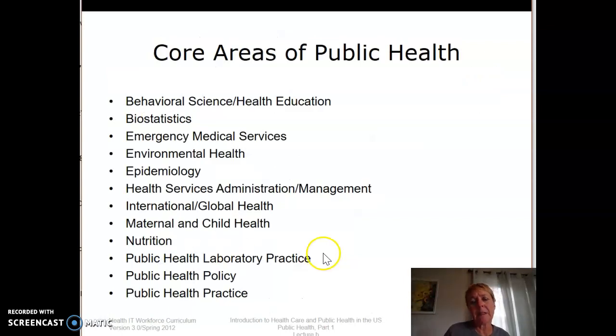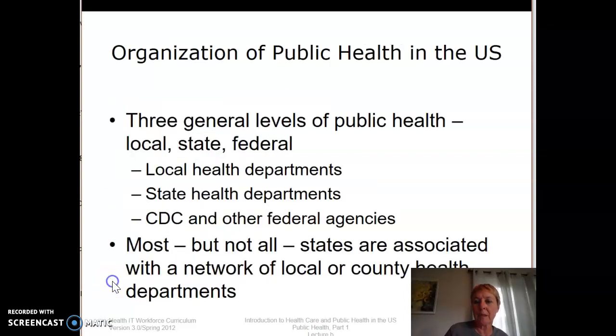Here are our core areas of public health and what they'd like to do: behavioral health, biostatistics, EMS, environmental health, epidemiology, nutrition, and so forth. How it's organized, you have local health departments, state health departments, and the Centers for Disease Control and other agencies. Most states are associated with a network of local or county health departments. For example, at NICC, we're in Northeast Iowa, every county in the state has a local public health department that will